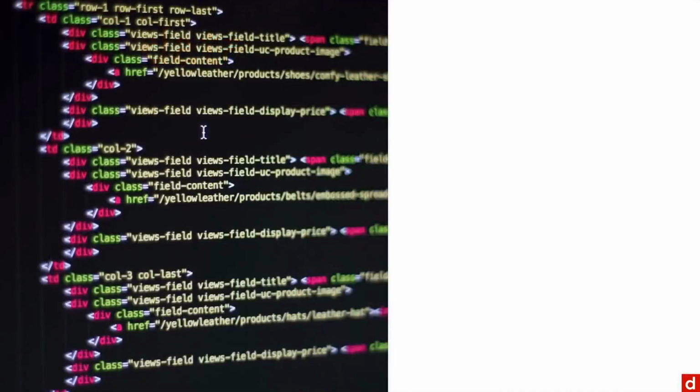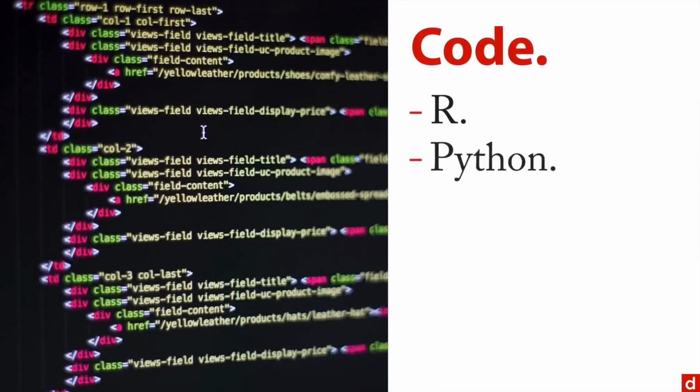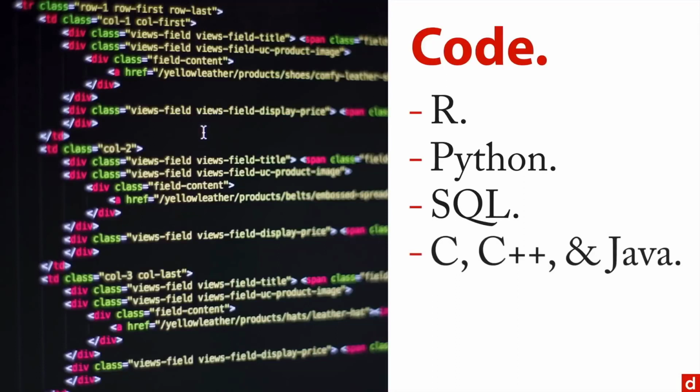And then there are actual coding languages. R is probably the most common, along with Python, a general purpose language, but it's been well adapted for data use. There's SQL, the structured query language for databases, and very basic languages like C and C++ and Java, which are used more in the back end of data science. And then there's Bash, the most common command line interface, and regular expressions. And we'll talk about all of these in other courses here at Data Lab.